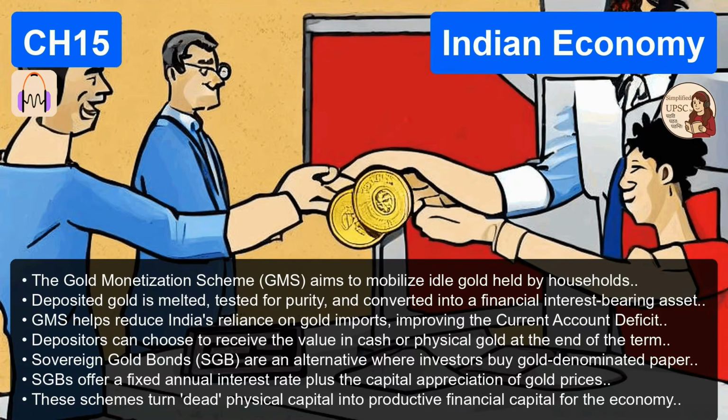Payments banks can accept deposits, currently up to a limit of 2 lakh rupees per customer, but they absolutely cannot lend. No lending at all, not even small loans. Zero lending. They cannot issue credit cards, they cannot give out personal loans or business loans, they carry zero credit risk. But wait, if they can't lend, they can't earn interest from borrowers. So how do they ensure the depositor's money is safe, and how do they make any profit?